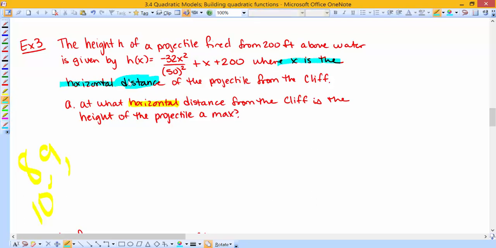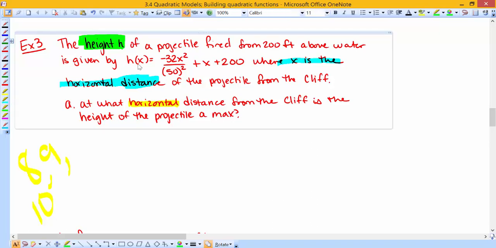X is the distance and h is your height. The h of x is the height at a certain distance that the projectile has been shot. So we're going to go through this at what horizontal distance, so that's x,